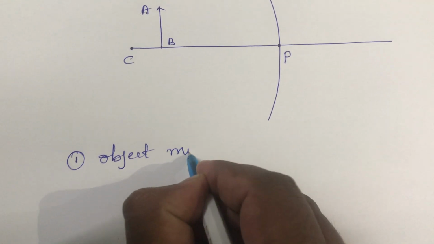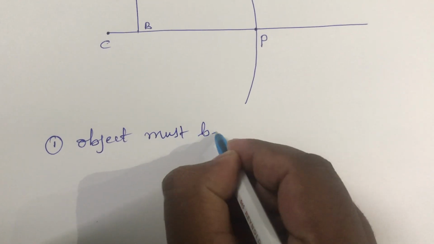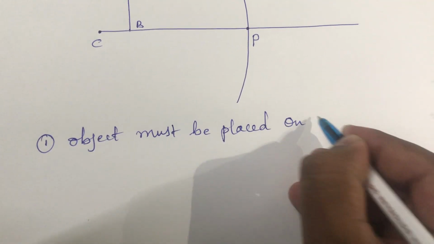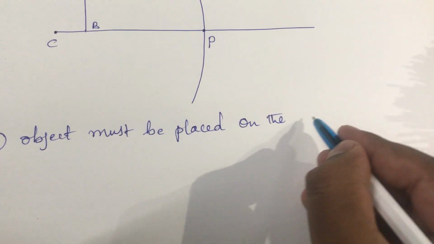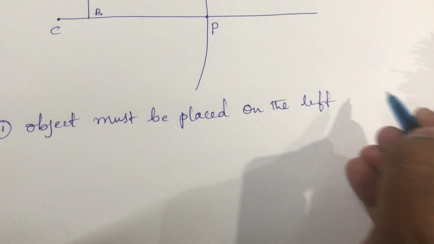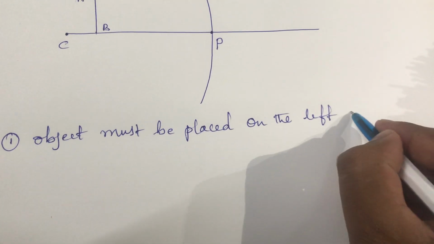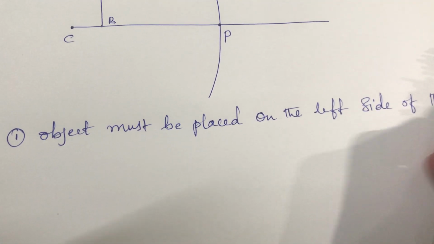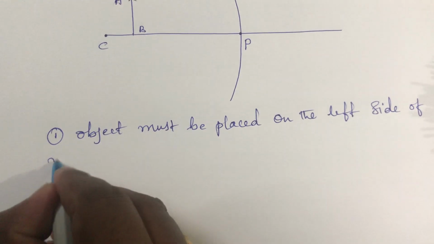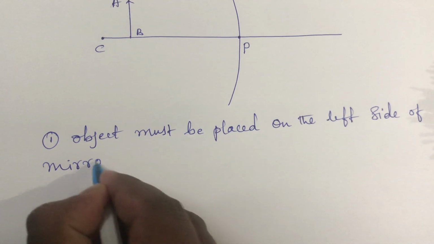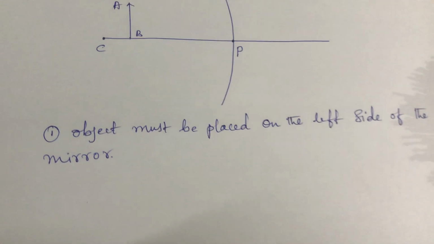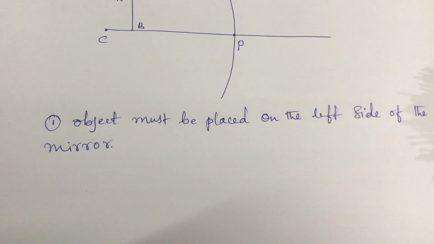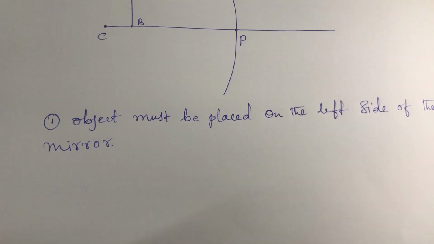Object must be placed on the left side of the mirror. That is the first rule we have to consider here. Okay, so next one,